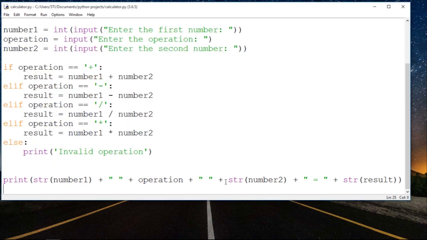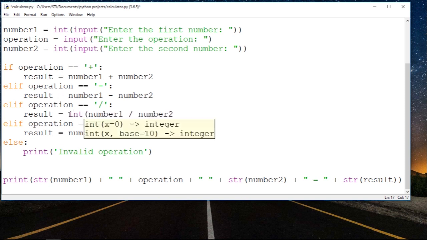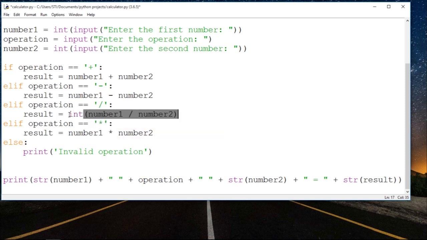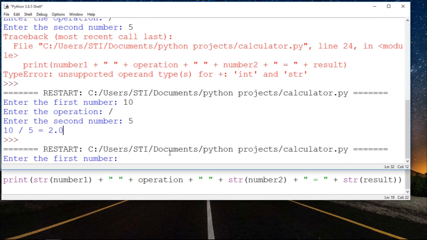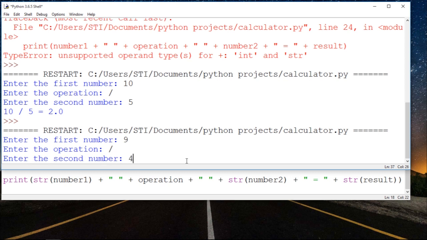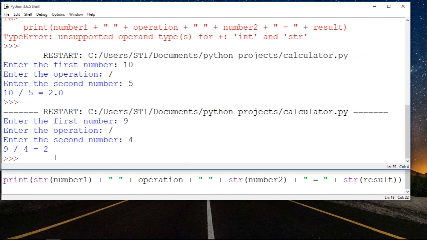Okay, so we have 10 divided by 5, which will equal 2.0, which is a float data type. So if you don't wanna have a float data type as a result of a division operation, you're just gonna need to add this int function, which will convert the output to an integer. So if you do 9 divided by 4, instead of seeing